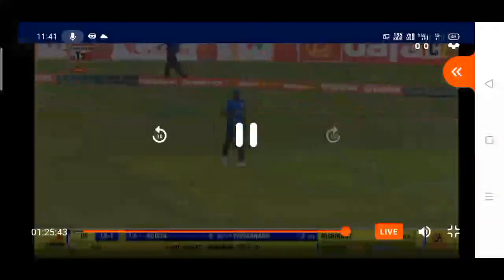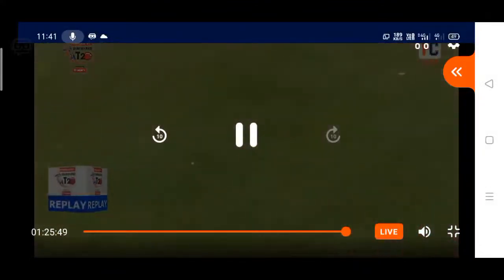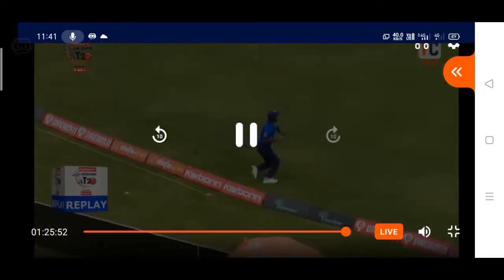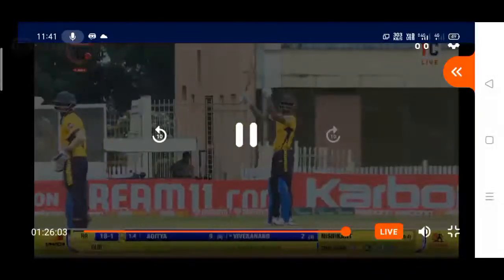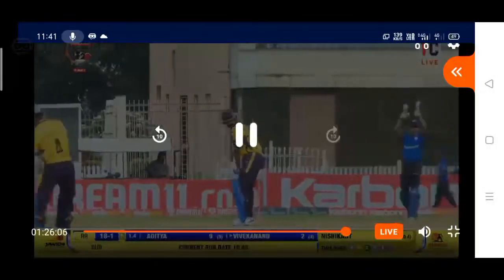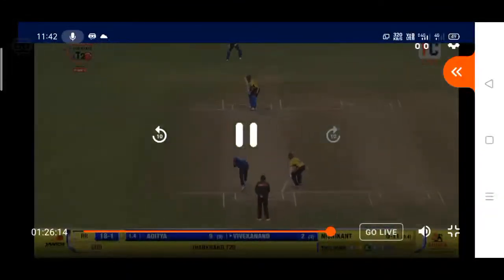Getting the toe of the bat, and the ball was very well fielded in the square third man region. He slid and just managed to get the ball inside the boundary line. That was to the wide third man, but the fielder did really well, and it was a single taken by Aditya. Now it is Vivekanand's turn to take strike. This incidentally is the last over before the power play ends.